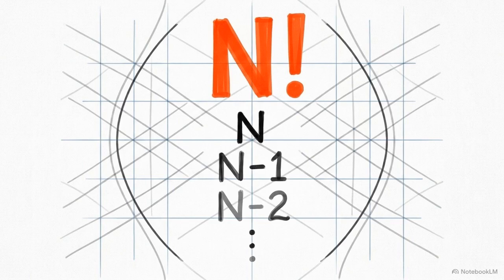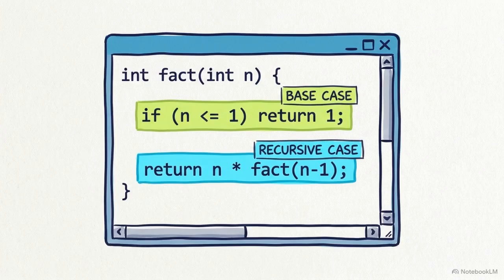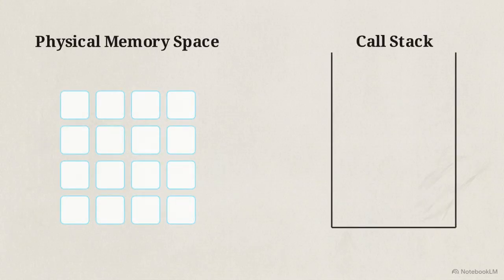This graphic breaks down the factorial of n. In mathematics, n factorial is n multiplied by n-1 factorial. In C++, our base case returns a 1 when n hits 0 or 1, and our recursive case executes the multiplication. Looking at this diagram of our physical memory space, we have an empty container on the right called the